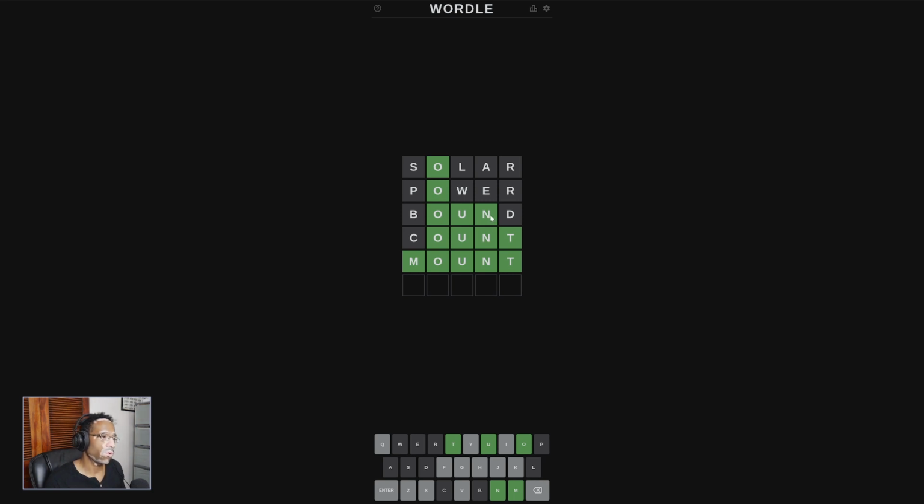If we went for, well, power was pretty much another guess that allowed us to get a vowel, and also could have conceivably been at least some of the word letters. Obviously, we wouldn't have gotten it on the second guess because the R is a repeat, but P, W, and E are all non-repeats. So that was not such a bad guess. At least we could have seen if these 3 were